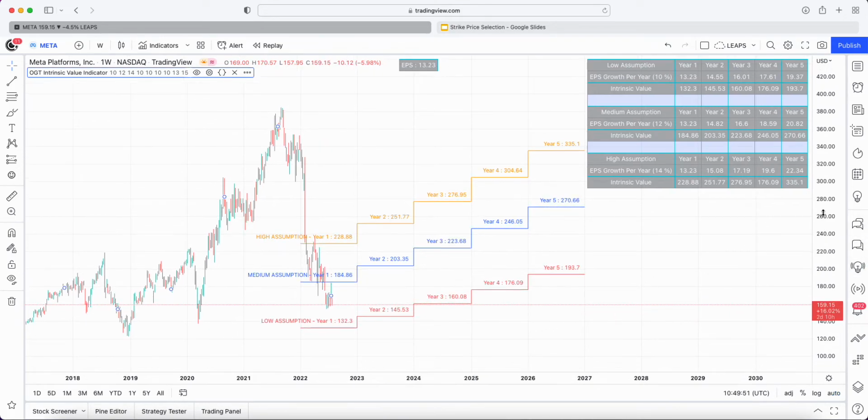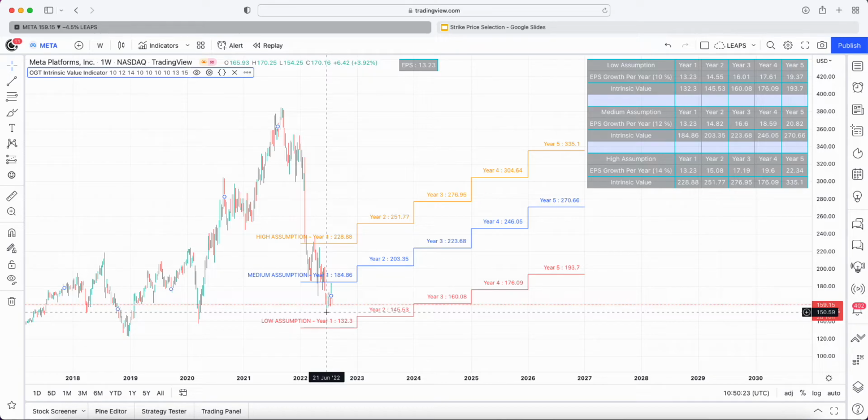So let's say you're going with the medium assumption of $184, and you can see Meta is currently trading at $159. So in terms of your strike price, it would be anywhere below $184. So you could go very aggressive if this is what you believe in terms of you're looking to accumulate shares of Meta. Maybe you already have Meta and you're dollar cost averaging in, or you want to build a position like I am. So I have a put at